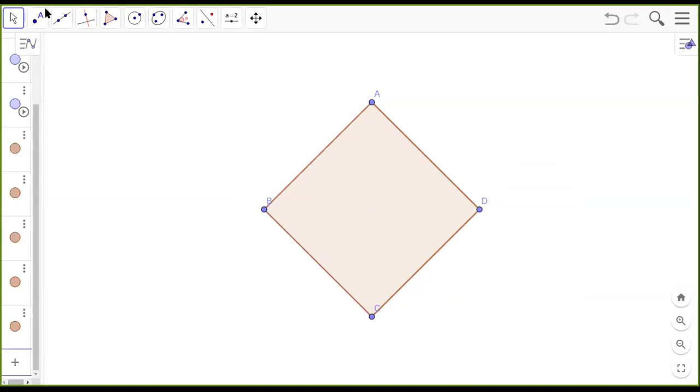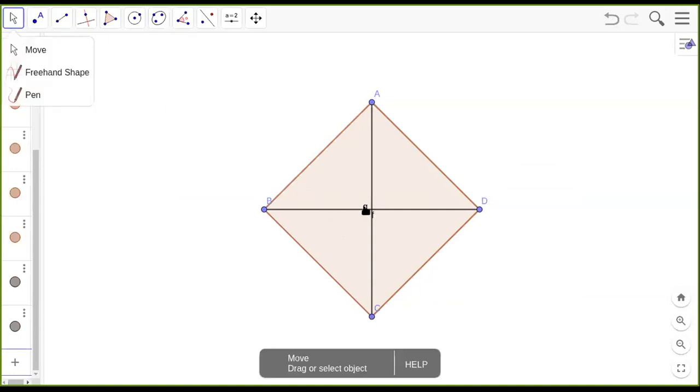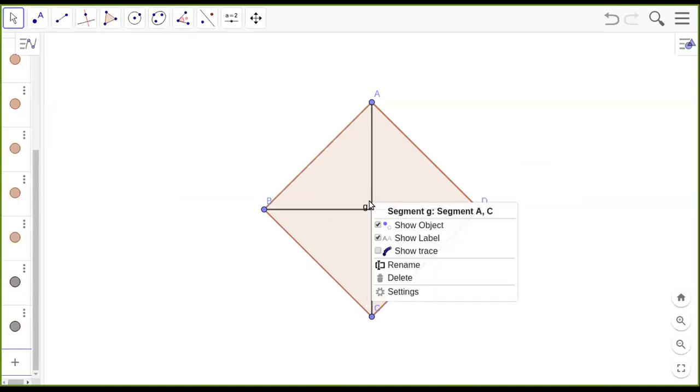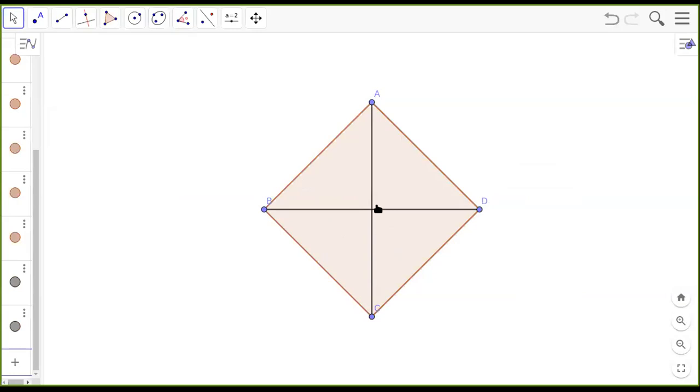Now I join the diagonals. Now remember, this is a rhombus given to us. And hence, when I draw the two diagonals, what do you know about the properties of the diagonals of a rhombus? That's very important for me to apply any of the theorems that I have learned so far. Yeah, they are going to bisect each other at right angles. So both the things will happen. They will bisect also and they will meet each other at 90 degrees.